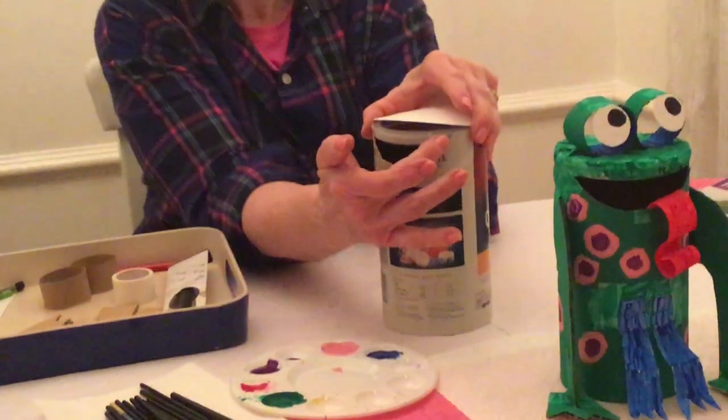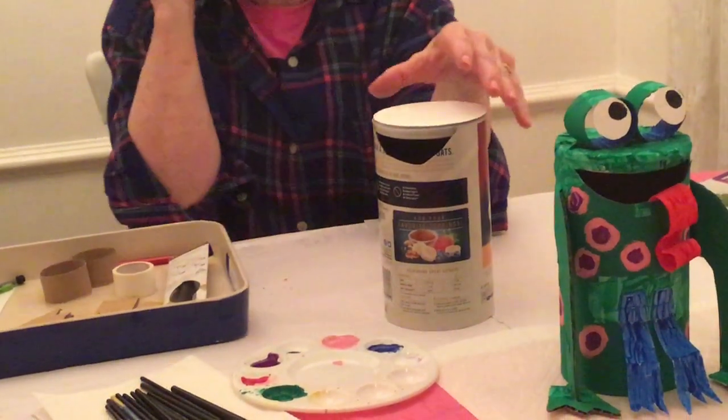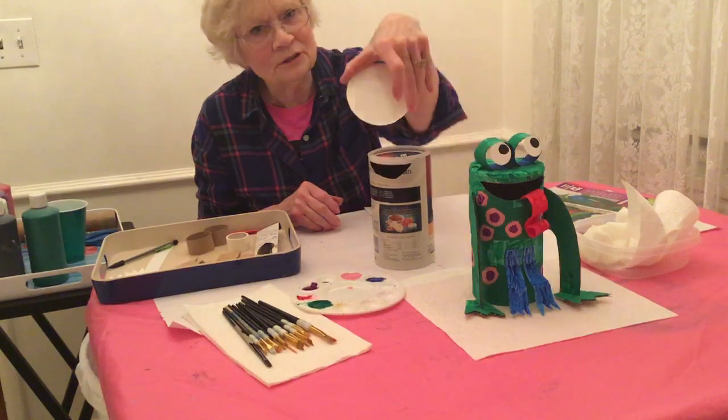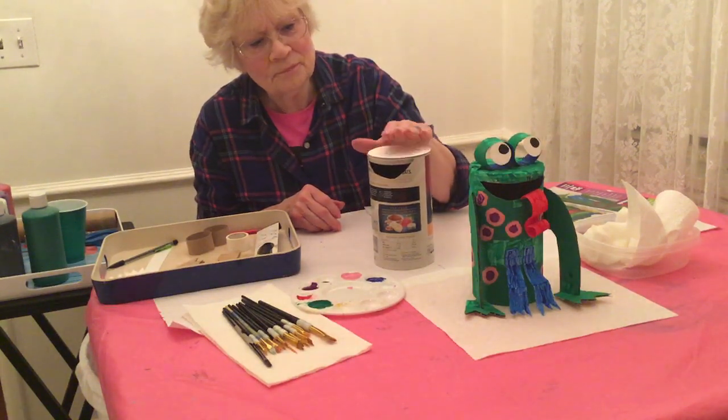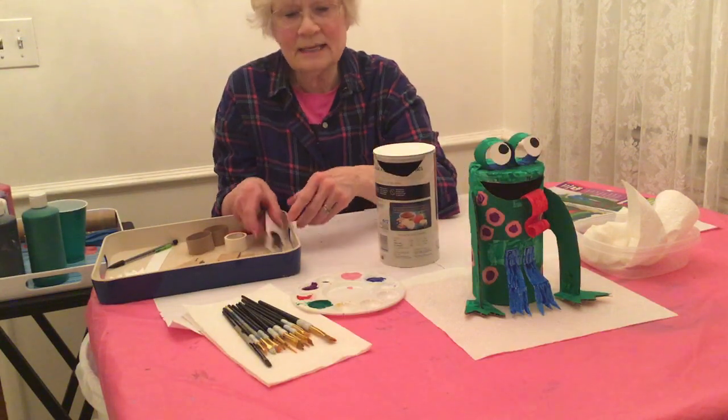Now this one I cut out a mouth. I did this ahead of time. You didn't need to wait for me to do this stuff. And I put a little circle to put on top because it's indented otherwise. You need an X-Acto knife,